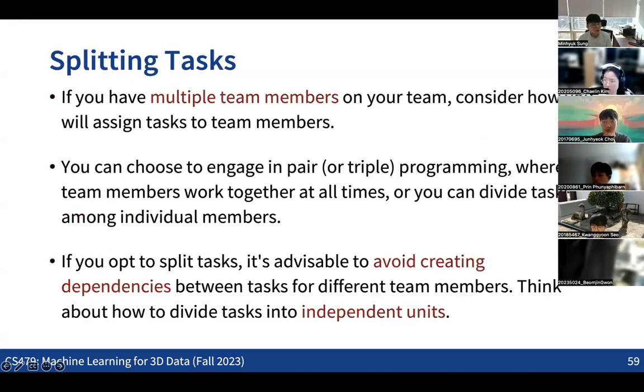And also when you are collaborating with multiple team members, there can obviously be multiple ways to collaborate. You can do pair programming, like work all together. But typically, this is not that easy, right? Obviously, you can work with your teammates checking your code line by line all together. So that's feasible, but in many cases, it's not that easy. So then you might need to consider how you're going to split the tasks.